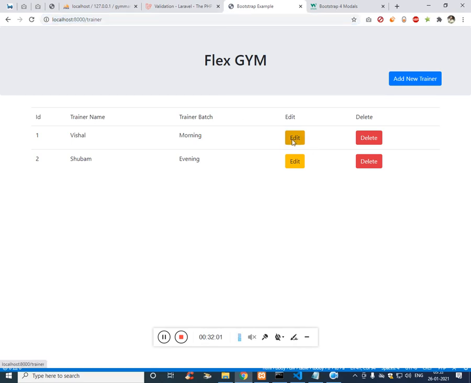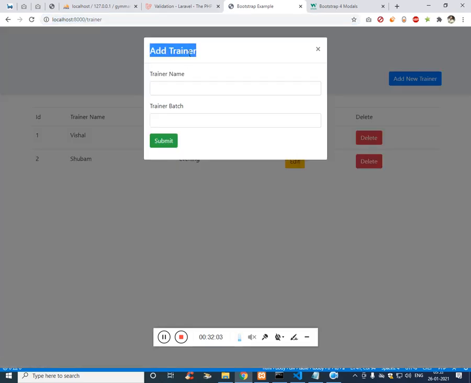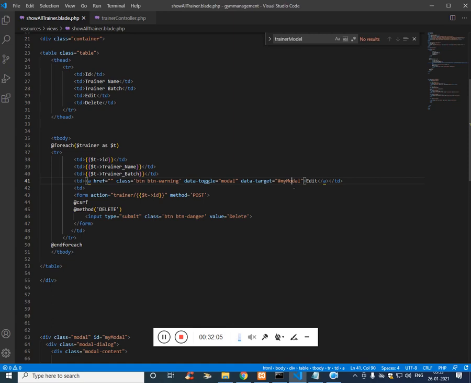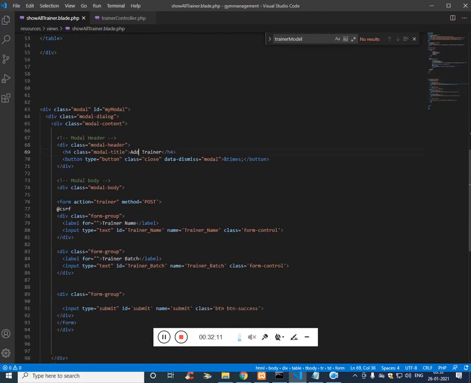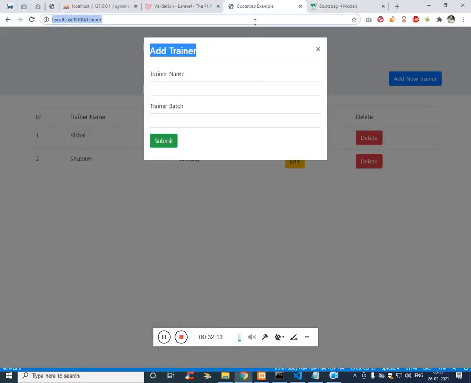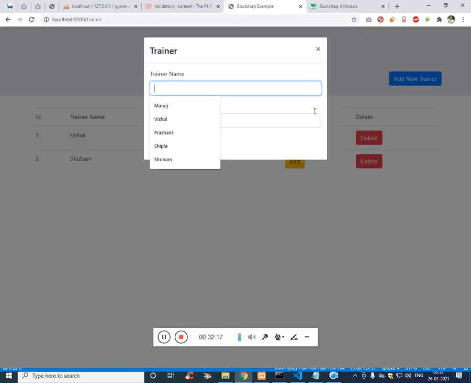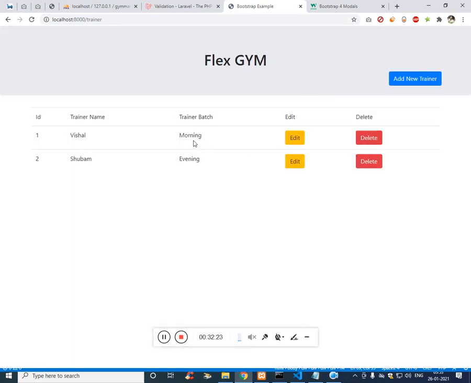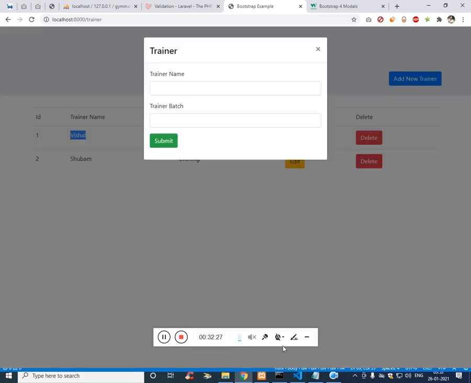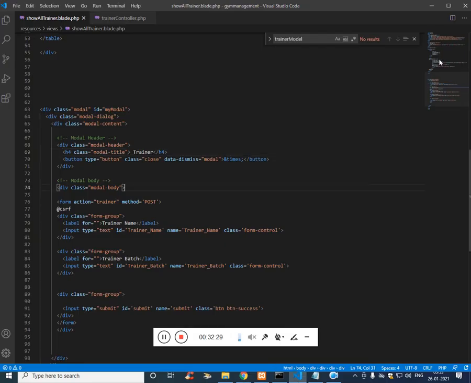If I click on edit, the add modal should get opened. So here we'll remove the add trainer, because we have to use JavaScript to edit the text, so that would be time consuming. Now here when I click on the edit button, I want the trainer name and the batch name to be filled on the modal. So that is little easy.